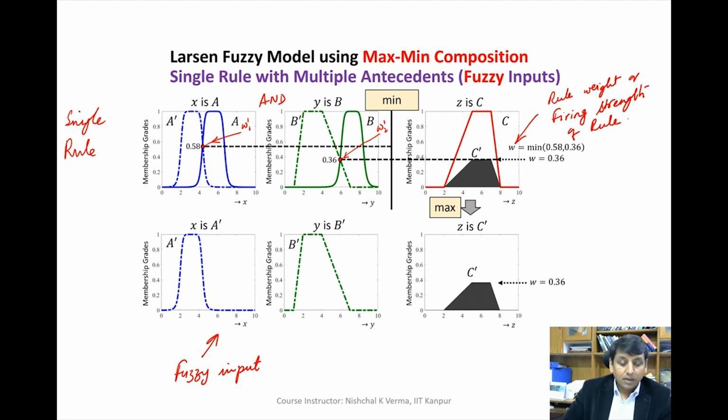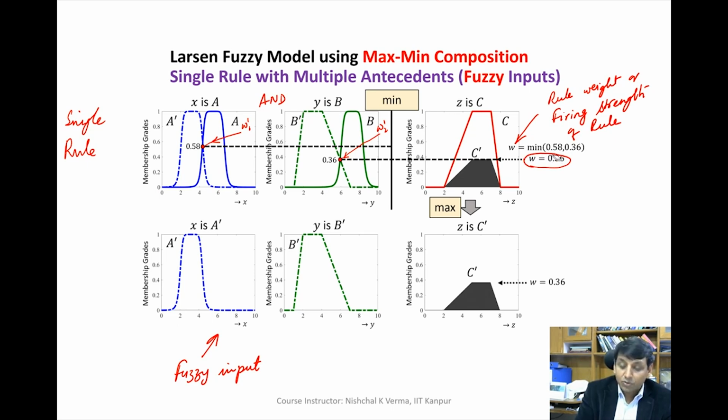Alright, so now since we have two weights here, two membership values here, so these are nothing but the membership values or grades. So we take the min because we are using max min composition here. So when we take max min composition, we use the min of these two. So we see that when we take min, we are getting this value. So min of the two will be